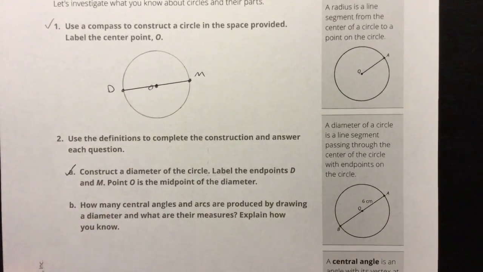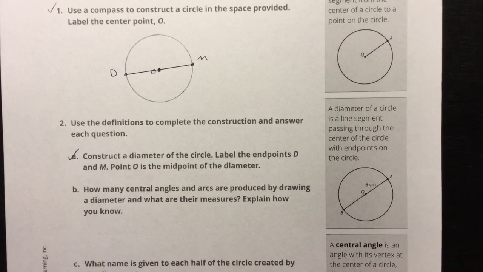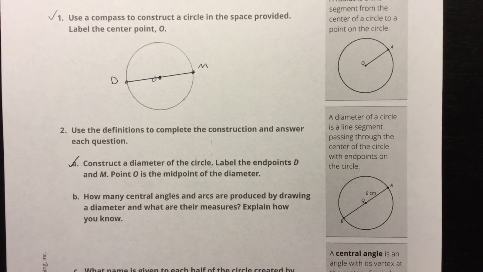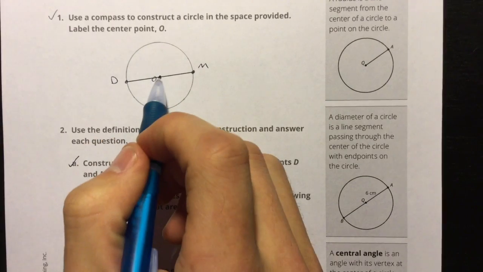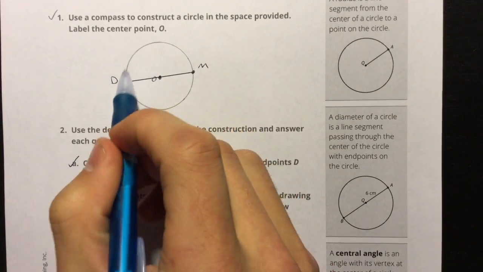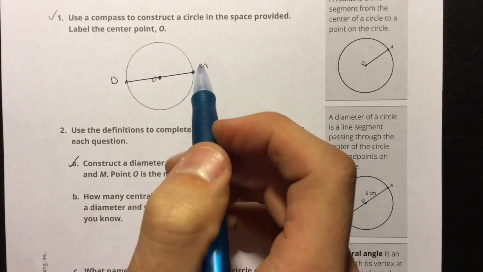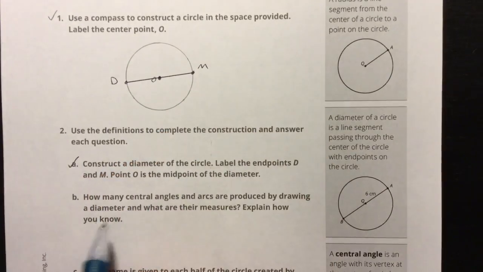So we've done 2A. 2B says how many central angles and arcs are produced by drawing a diameter and what are their measures? Explain how you know. So at the end of the getting started activity, we talked about what angle makes a perfect circle, and if you remember from that, it says 360 degrees. We said that an angle that starts here, goes all the way around and ends there as well, is a perfect circle, 360 degrees. So if I'm looking at a diameter that cuts this circle in half,